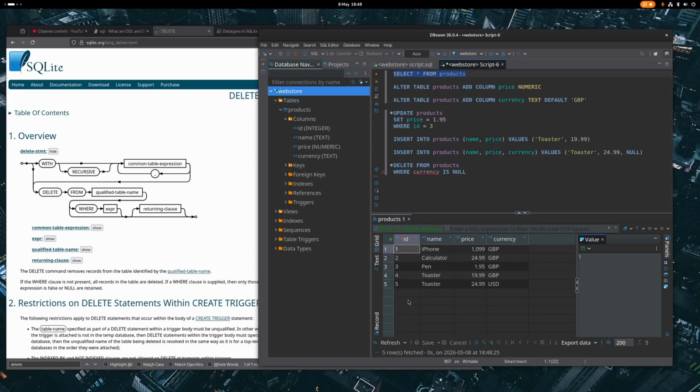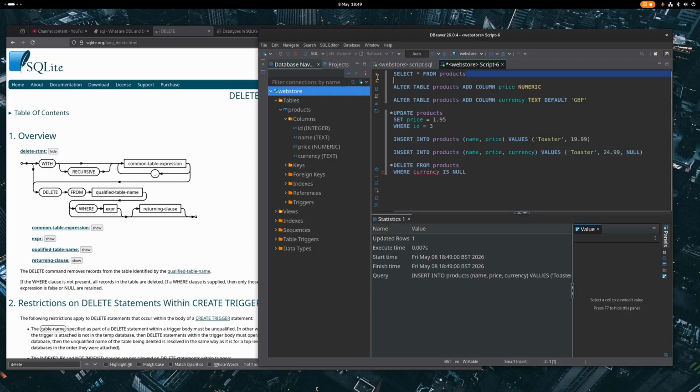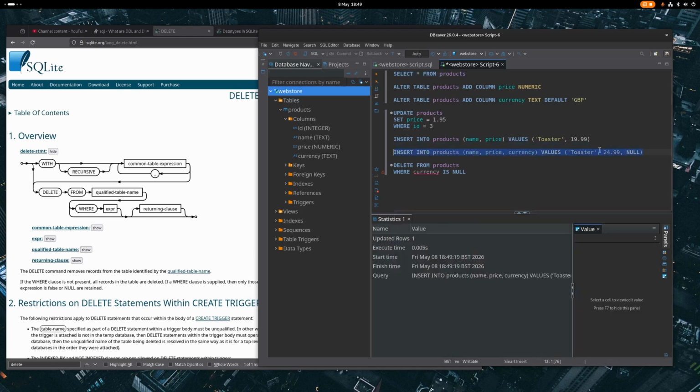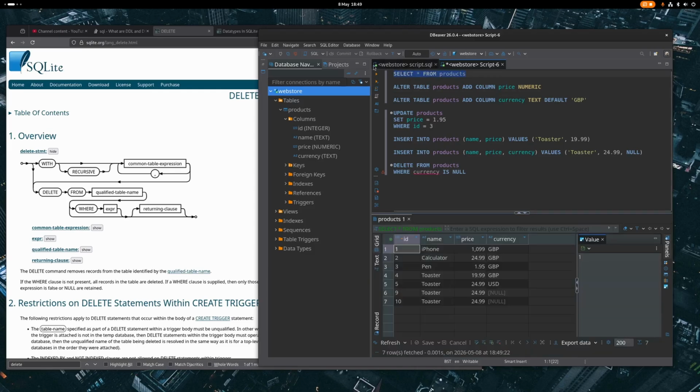Don't worry about if your IDs aren't matching up. You'll notice as I'm inserting more values, these no longer remain sequential. What these are doing is ID 6, 7 and 8 have already been taken, and although we've deleted them, what you've got to remember is if I insert another one, run that, we now have 9 and 10. If I removed where ID equals 10, 9,